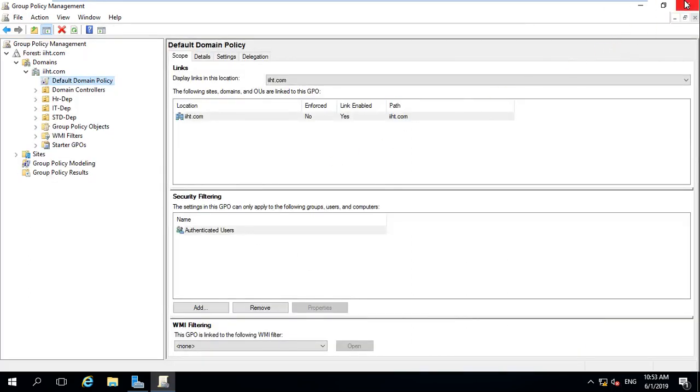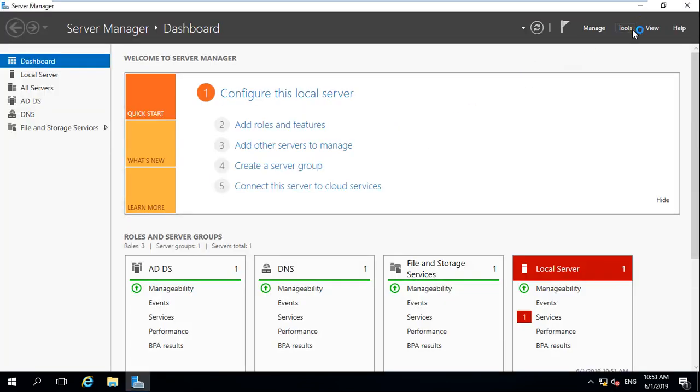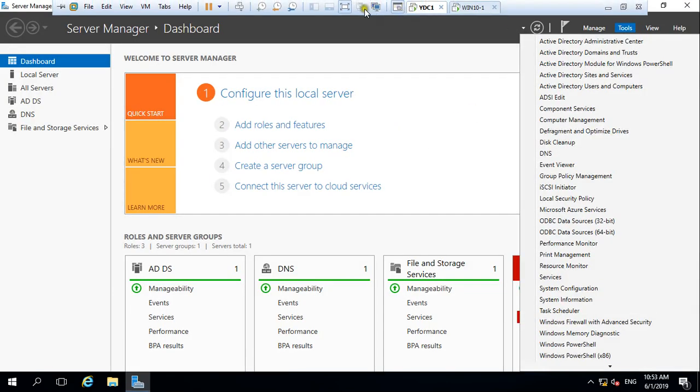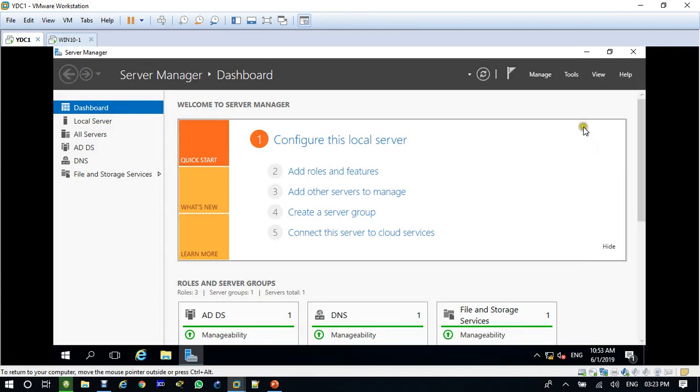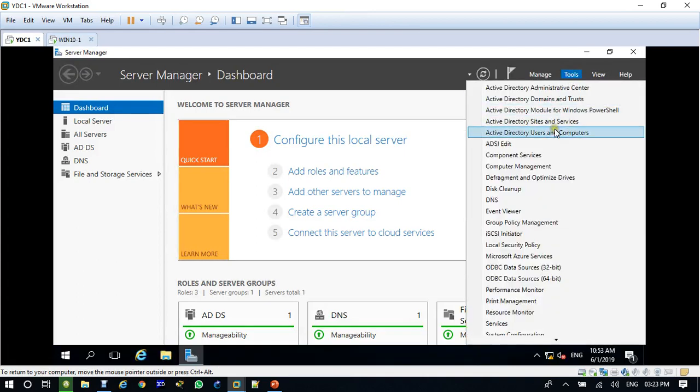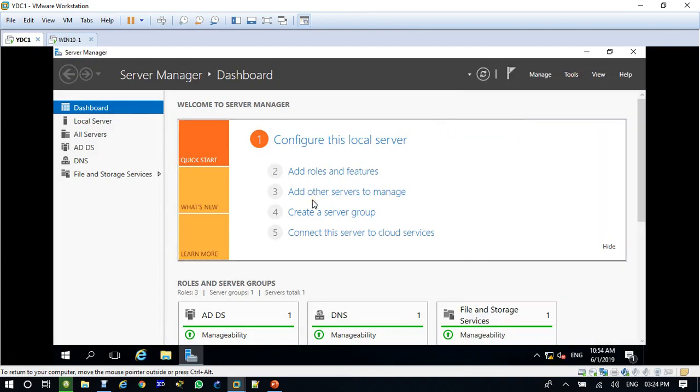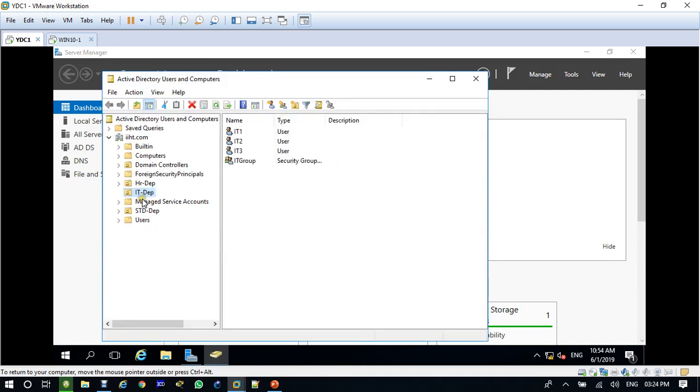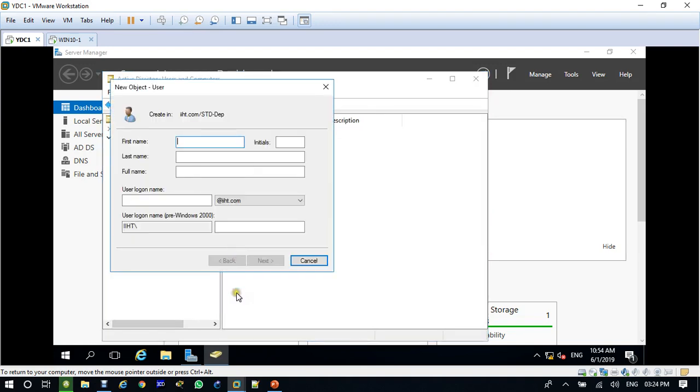Maybe I have one department here, the Student department. So now I'm going to create a new student user.